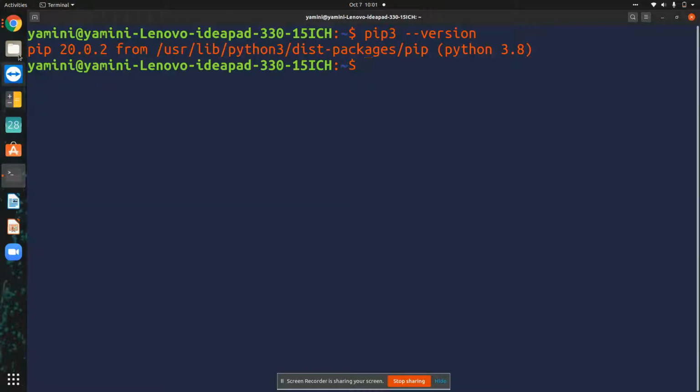But if you don't have it, first check for updates because it's important. And don't worry if you are not able to learn the commands, because they will all be mentioned in the description box below.